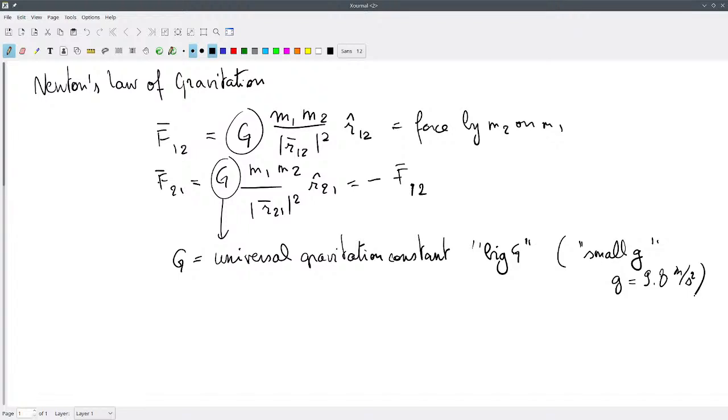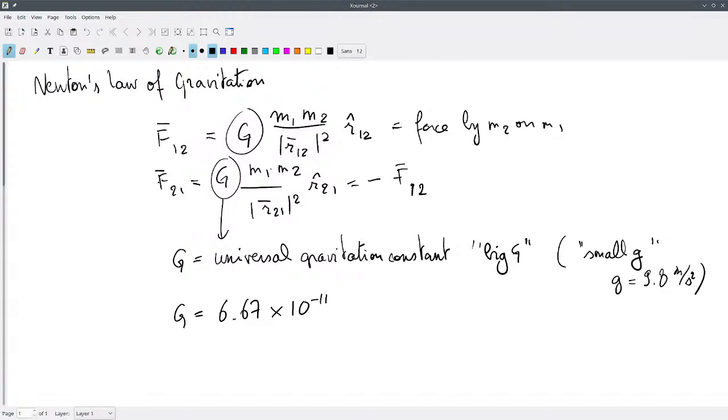So big G has a certain value, which has been measured in many lab experiments, and G has a value that is 6.67 times 10 to the minus 11, and there will be some units to it,